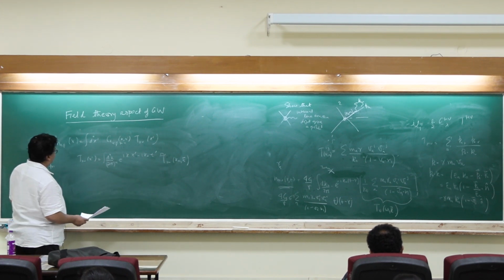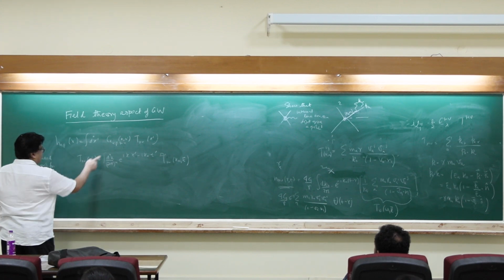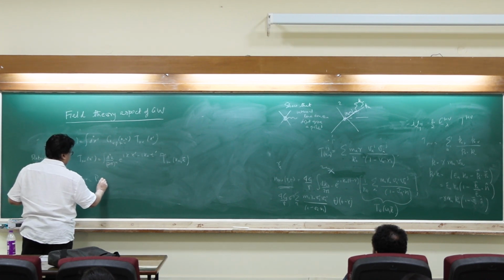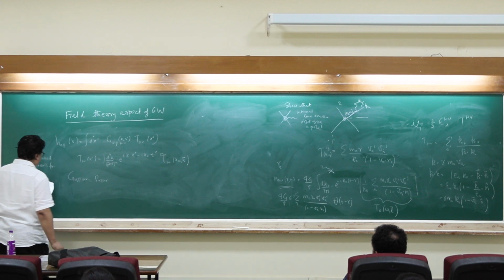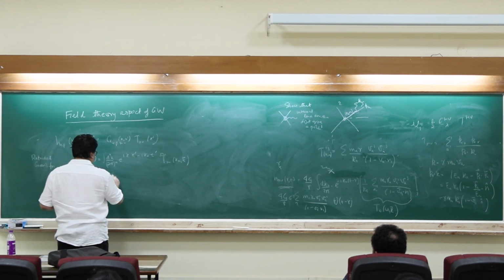So I will first do that, I'll just insert that there. Then the Green's function G alpha beta will be times the retarded Green's function, and for the retarded Green's function I already have this form, minus 1 upon 4 pi